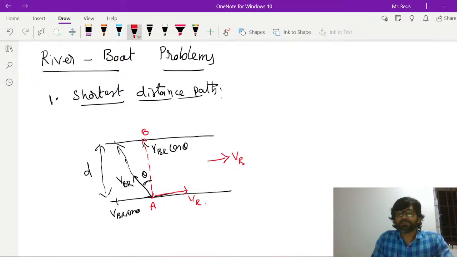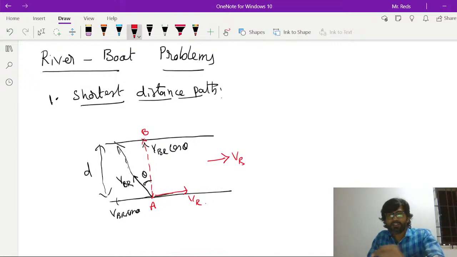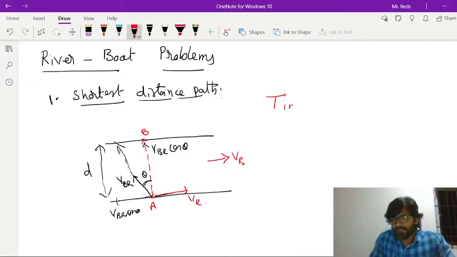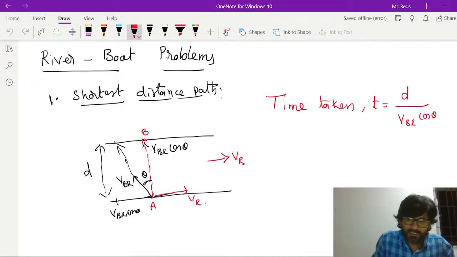Now, if you want to find the time taken by the boat to cross the river in the shortest distance path, the time taken to cross,